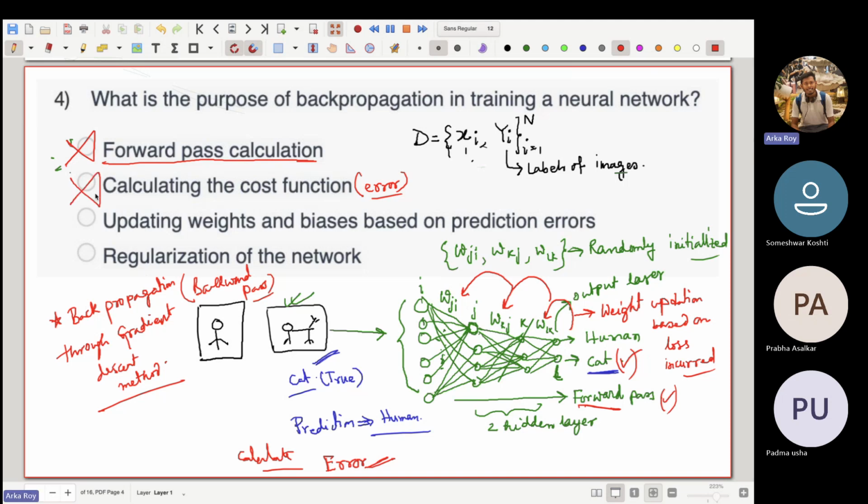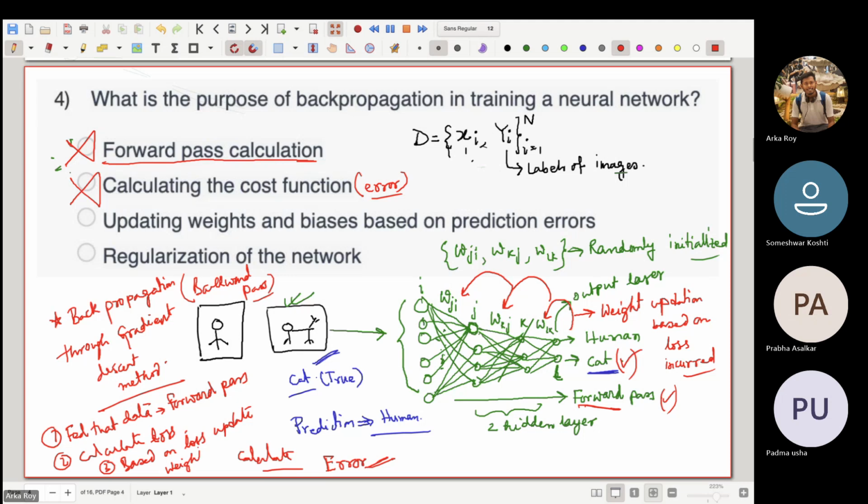Now, the third point states that it updates weights and biases based on the predicted errors. So that means, first you have fed the data, which is called the forward pass. Second, calculate the loss. And third, based on the loss, update the weights